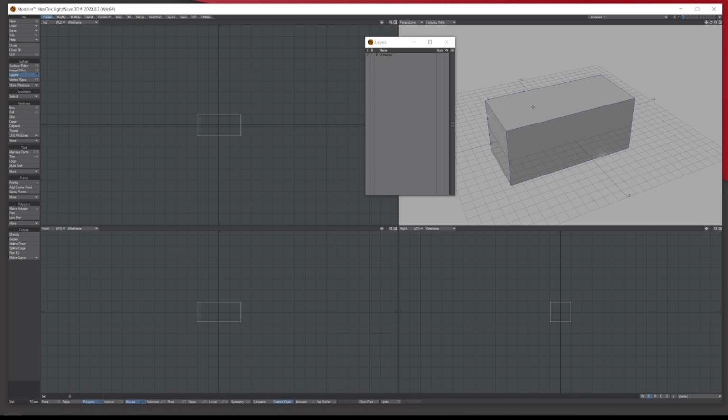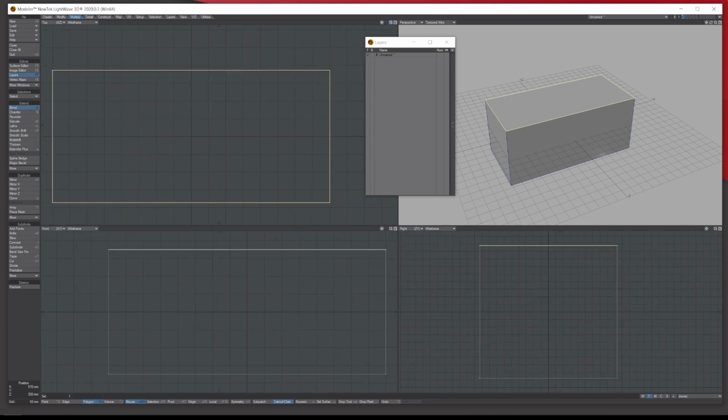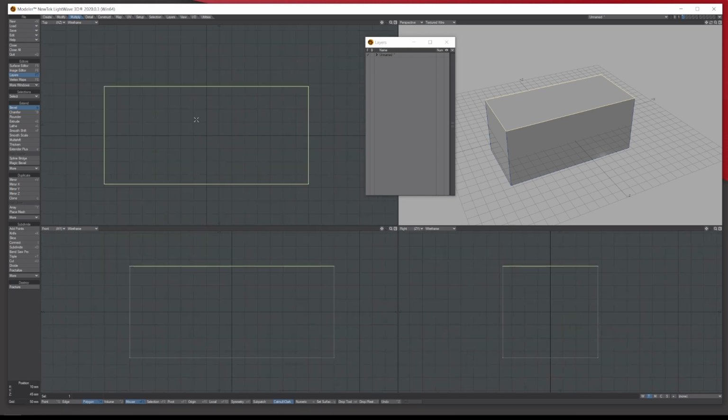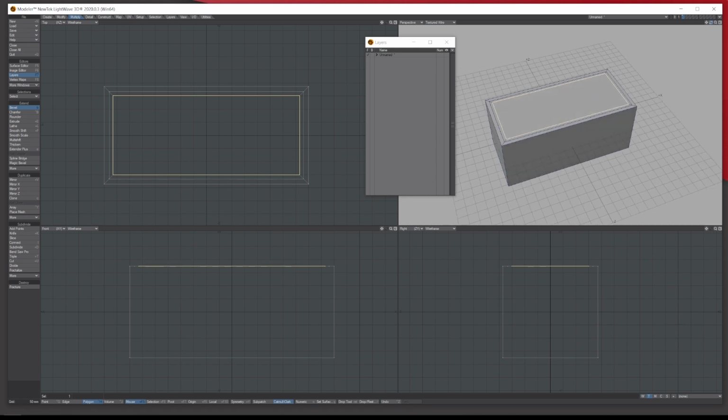We're going to select this top poly, go to Multiply, Bevel. We'll zoom in, so you can zoom in up here, or I'm using the wheel button. I'm going to hold Control to lock it so it only bevels inwards, like so. So I'm going to bevel it once, let go of my left mouse button. Then, still holding down Control, I'm going to click the left mouse button and drag it again. So we've got two bevels, like so.